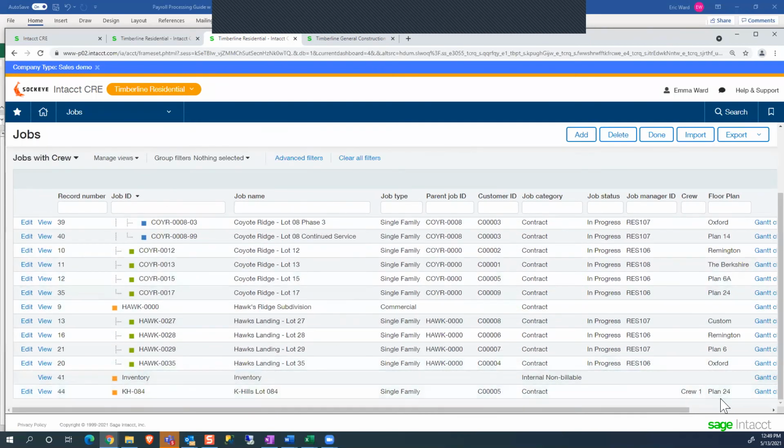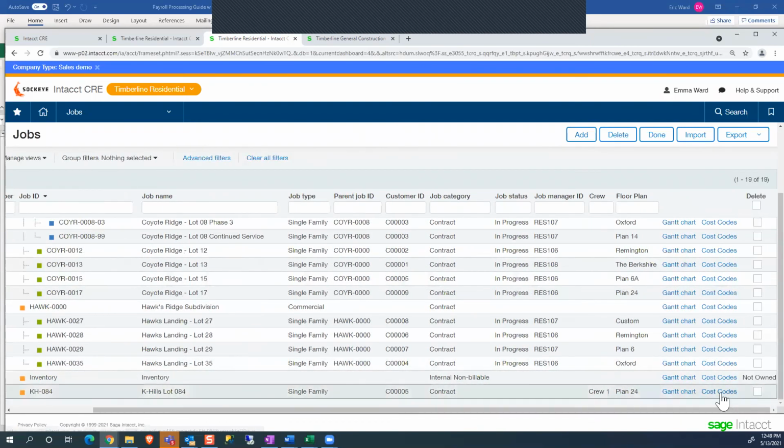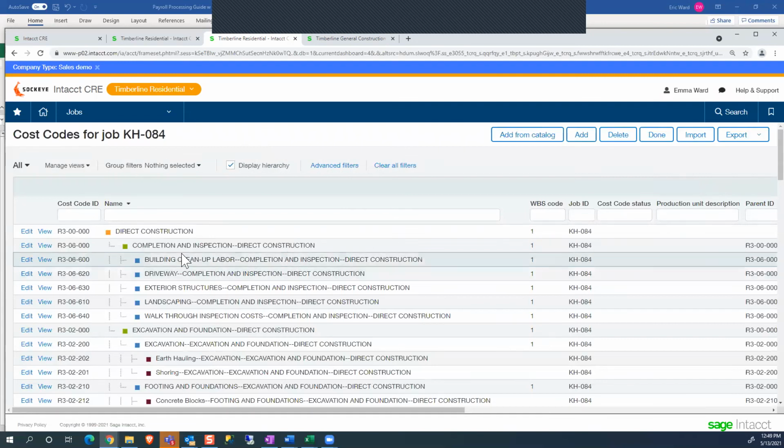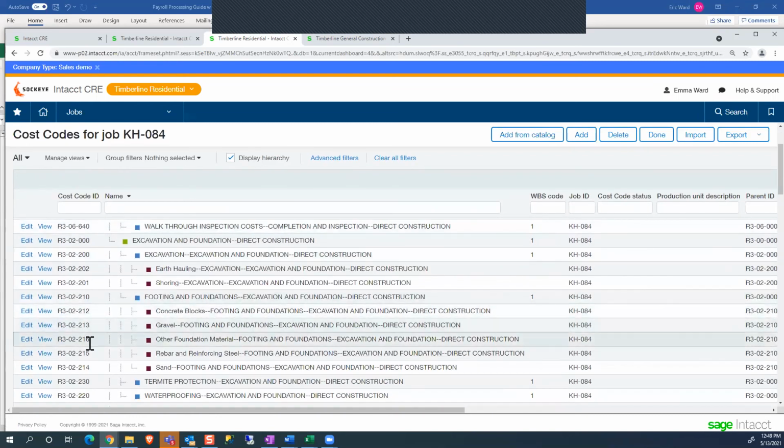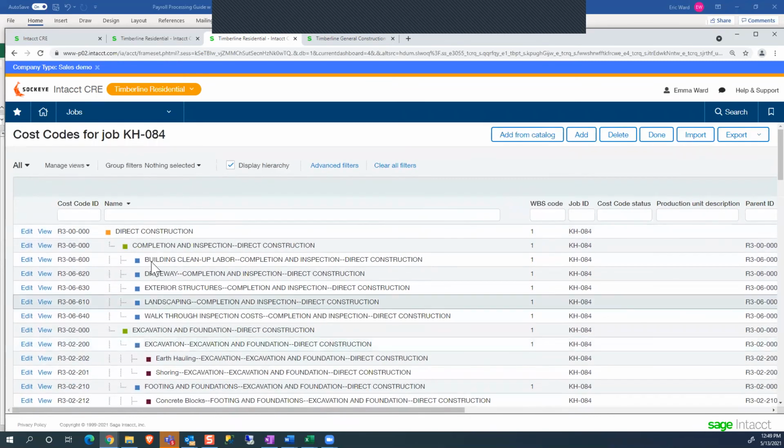You can define the cost code. So if I jump into that project that we have been looking at here and see the cost codes for that project, you can have different series of cost codes. So here I'm looking at my residential cost codes. I cleverly started them with R's so I could see that. And again, we can have those layers there if we need to do that, but we can have different sets. So we could have a developer set of cost codes and a residential, or a small project versus a large project, or a remodel versus new construction.